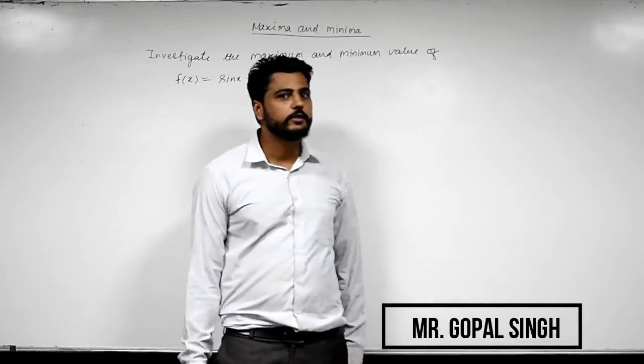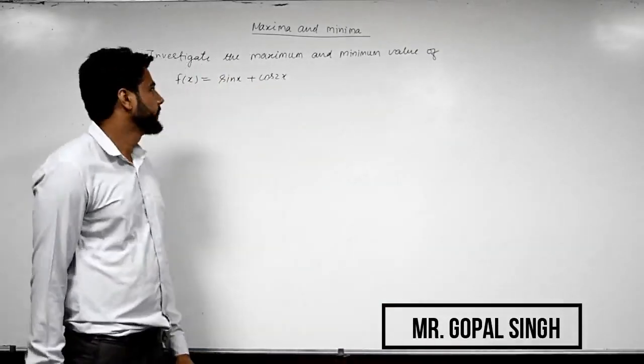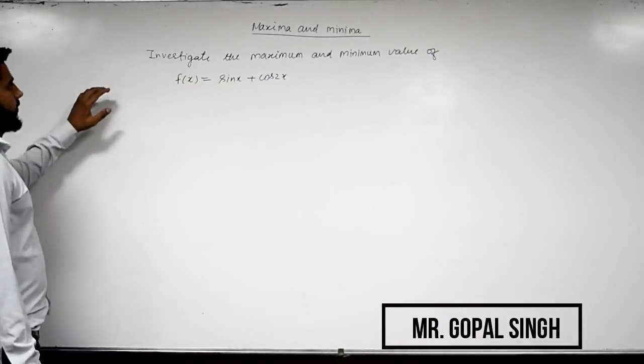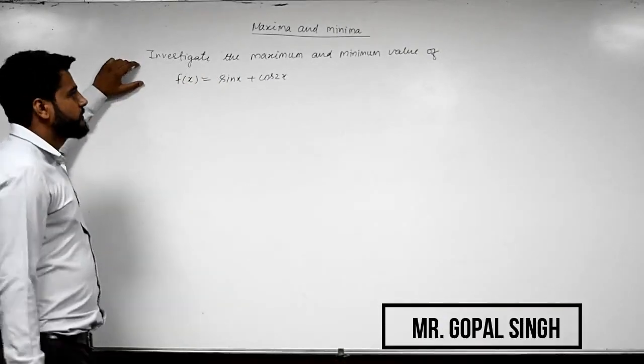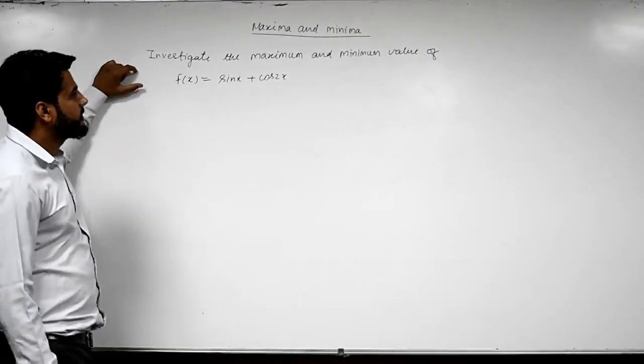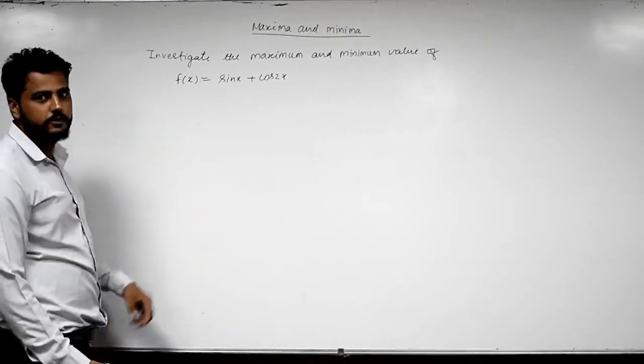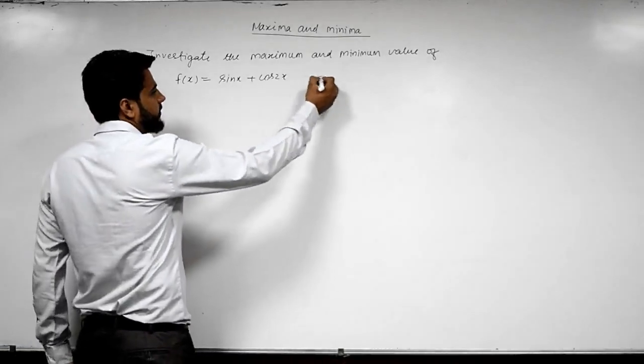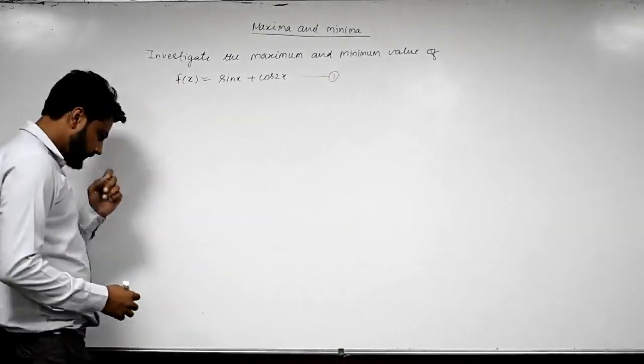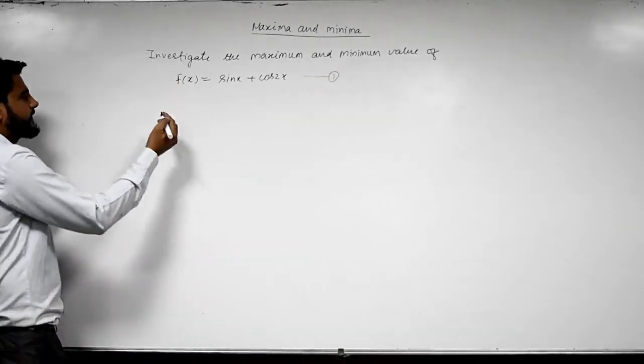Today we will discuss another question related to Maxima Minima. So, we all need to know the process of finding the minimum and maximum value of a given function. We have a given function f(x) = sin x + cos 2x. Step 1,